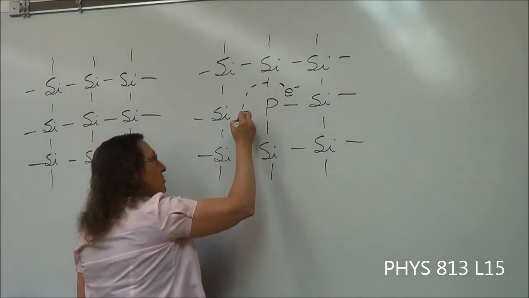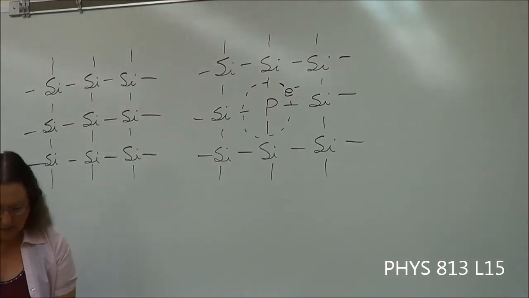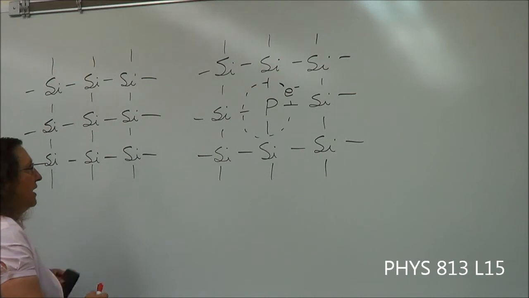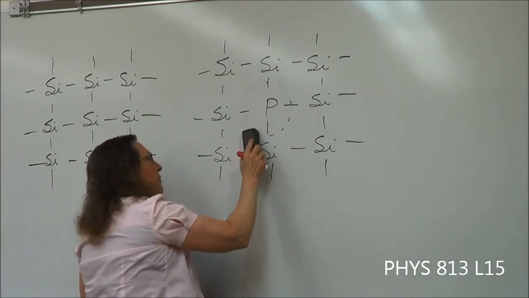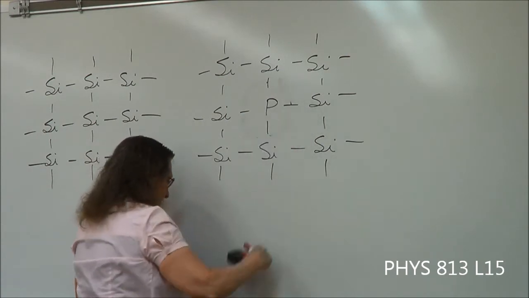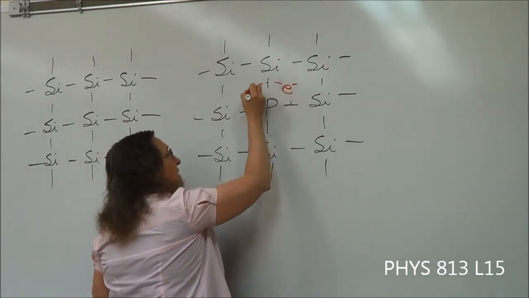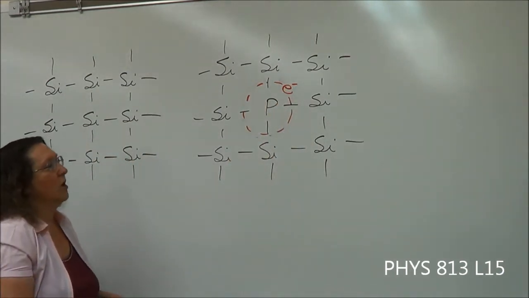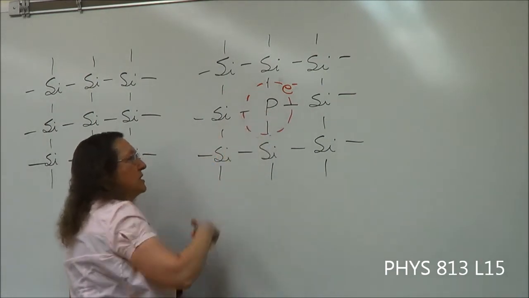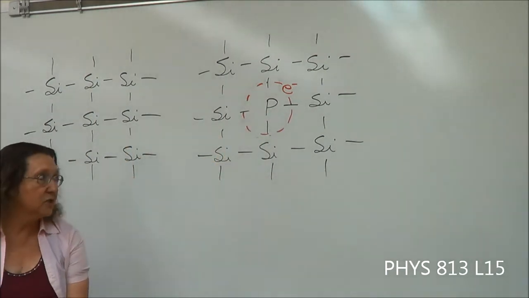So we normally draw it in an orbit there, and I think I'm actually going to change that. Since all of this is black, it's hard to tell what's what. So we're going to make the electron in red so it's easy to see. Okay? So that electron is loosely bound to the phosphorus. Now, what is actually done